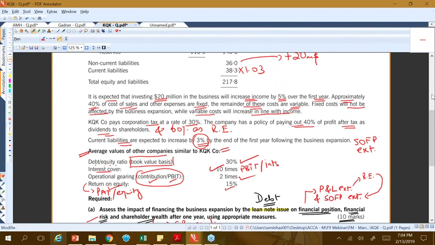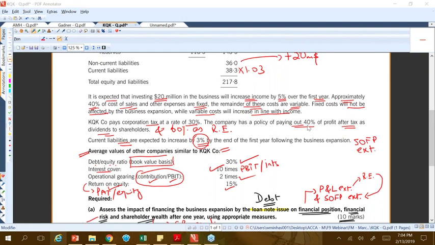I'm happy to take questions here on the scenario first before going into the workings. So the question is, what if the examining team doesn't tell us that the income is increasing in line with the sales? Income and sales are the same thing here. And if there is no increase in the income or the sales, we'll just keep the income or sales constant. So we have to follow the things which the examining team wants us to do in the exam.